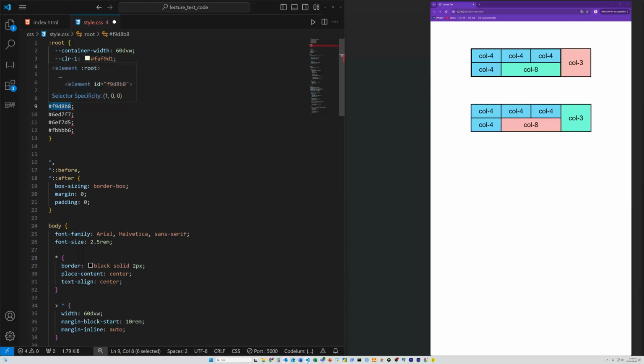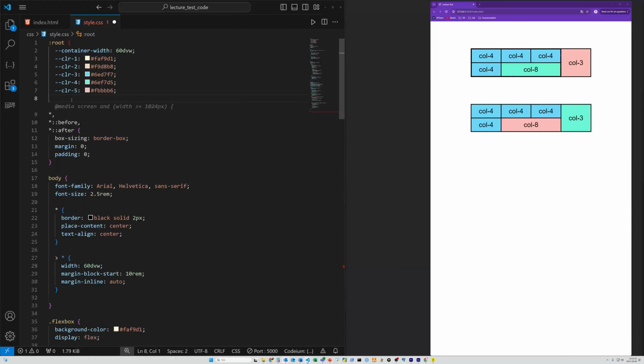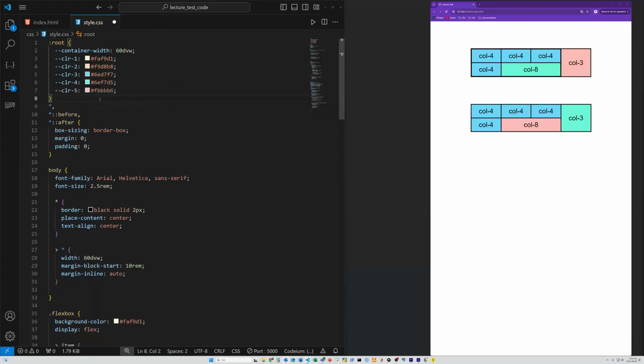And then I go ahead and copy this one, copy this one, copy that one, and copy the last one here. And we can remove that. And the only thing that we have left right now is that I've forgotten this